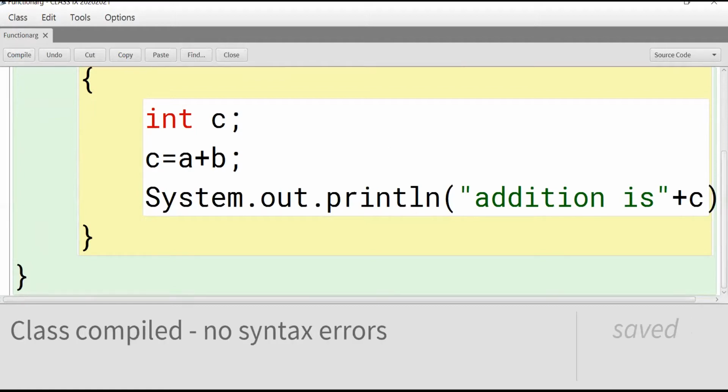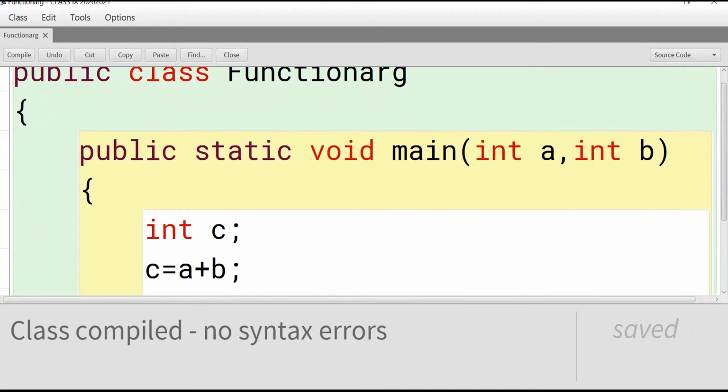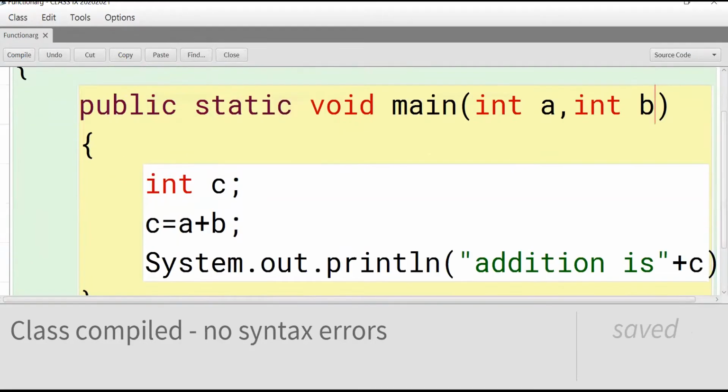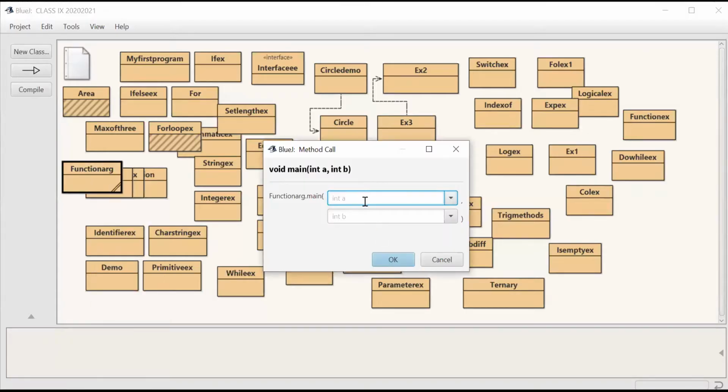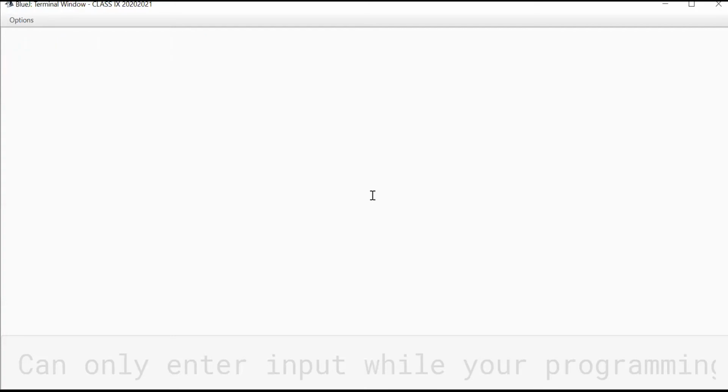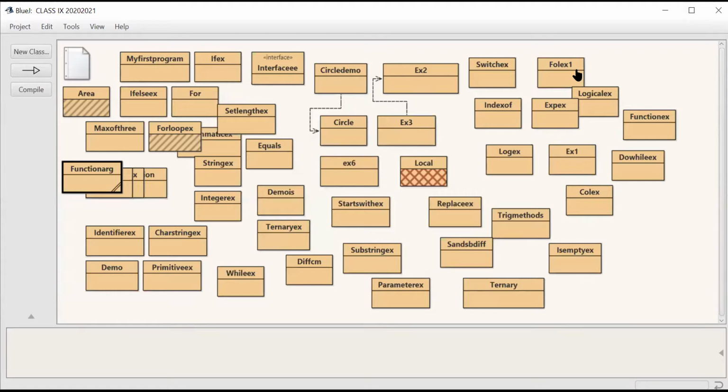In the main method, we have to pass the arguments, however many we want to enter through the keyboard, and we have to mention their data type also. Now execute. Observe. See here, enter a value 20, only integer type, 35. So output is what? 55. So the same program, one is by using function argument, one is by using assignment statement.